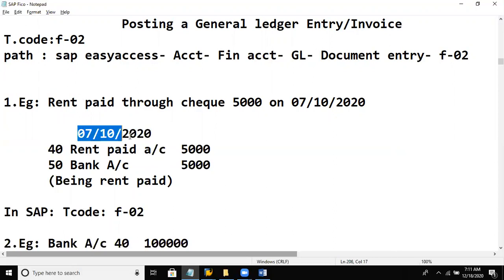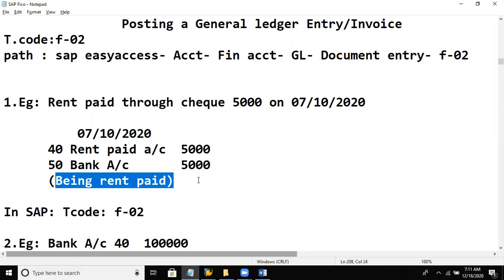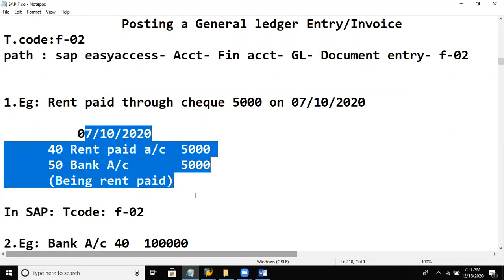We have to update the document date. But here, instead of going DR, that is debit, and TO, that is credit, we have to update the posting key called 40 to debit an entry and 50 to credit an entry, and the debit amount and credit amount. An important thing is narration. The narration in SAP terminology is called text. This posting tomorrow in our next session we will be doing. That is the concept of posting a general ledger.